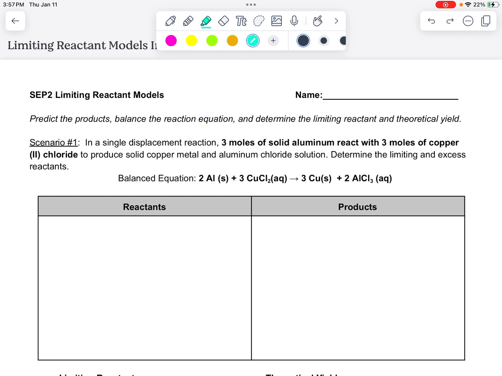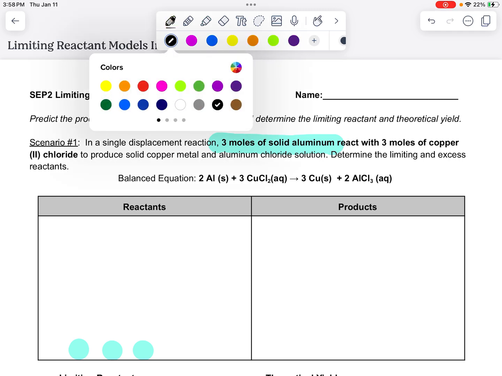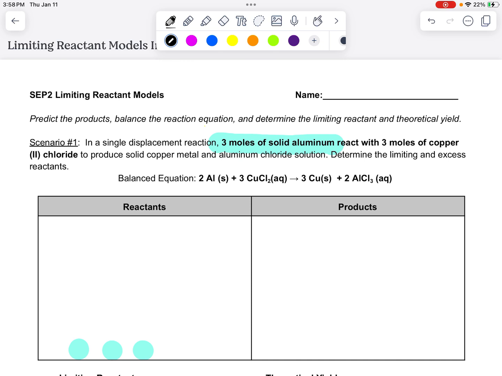So for our reactant box, I do want to just draw out first all of the reactants that are given. So I need to do 3 moles of aluminum. So those would be here on the bottom. 1, 2, 3. And then 3 moles of copper 2 chloride. I guess I'll write in these first. So this would be Al, Al, Al. Okay, no ions, and we are going to put a little box around it to signify that it's a solid. The next thing that I'm going to draw